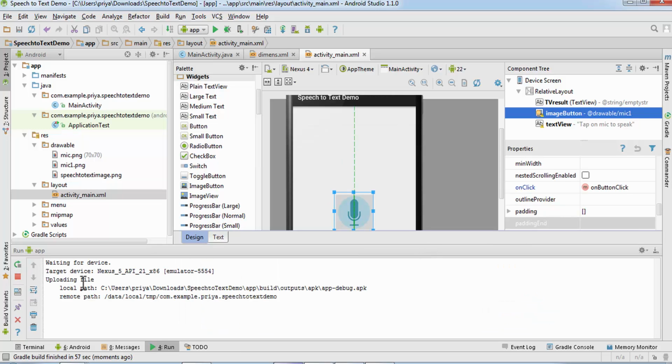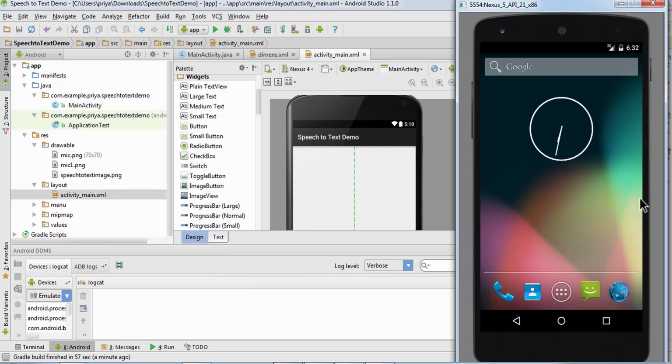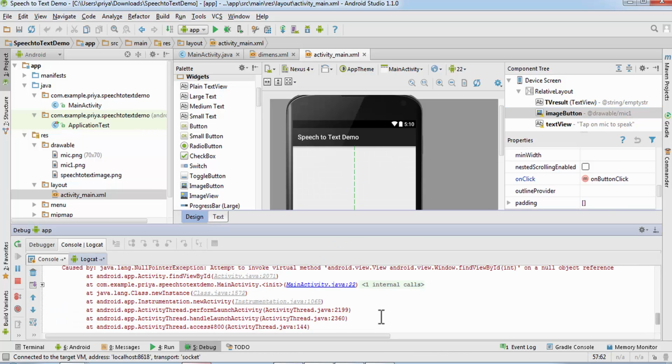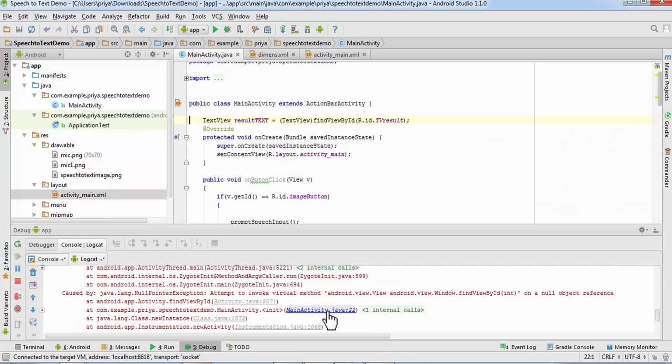You can see that it is uploading the file on the device. It stopped. So I'm going to run it in debug mode now to know where it went wrong, where is the error. The error is here. So to resolve this, what we can do is make this variable private.